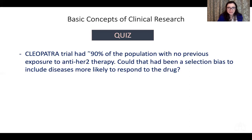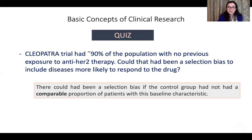So could the lack of previous exposure to the treatment have been a selection bias to include diseases more likely to respond to the interventional drug? And the answer is no. Because there could have been a selection bias if the control group had not had a comparable proportion of patients with this baseline characteristic. So selecting a study population is absolutely different from selection bias. Bias is when the populations are not comparable. If they are equally distributed and the errors were predicted before,